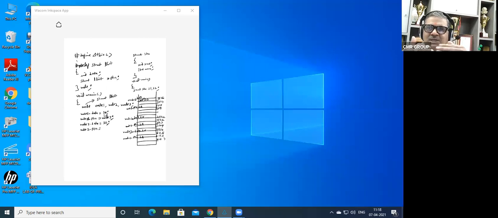Then only the linking takes place. This is node 1 and this is node 2. The linking takes place only when the address part of node 1 stores the address of node 2. So how to access the address part of node 1? It is node 1 dot ptr.